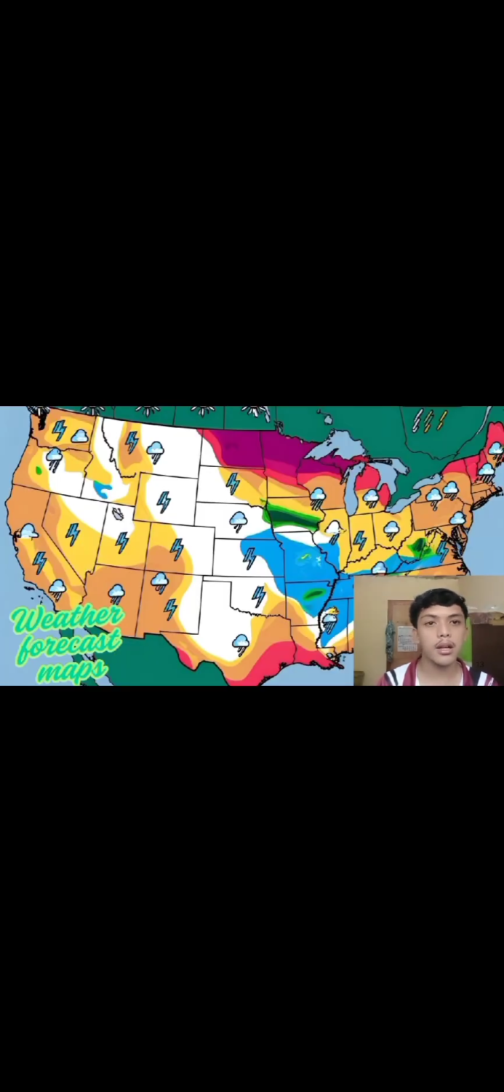The third one is the radar maps. Radar maps use technology to detect precipitation intensity, storm movement, and potential severe weather events. The last one is the weather forecast maps. These maps use atmospheric data and models to predict upcoming weather conditions. Weather symbols are like a secret code,